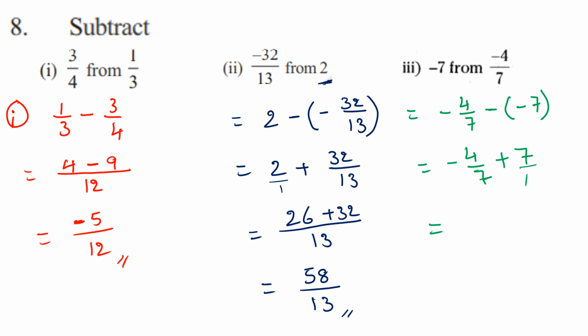That equals, that is 7 by 1, it means the LCM is 7 now. So minus 4 plus 7 sevens are 49. We cross multiply, because 1 sevens are 7, that's why we multiply the numerator also by 7. That's why 7 sevens are 49. So that equals minus 4 plus 49, that is 45. It is one negative and one positive, that's why we subtract. 45 by 7, it should be positive. 45 by 7 does not cancel, so that is the answer only, right? Okay, right.